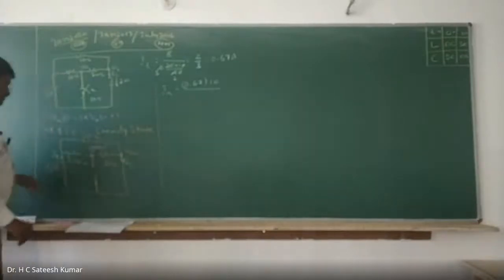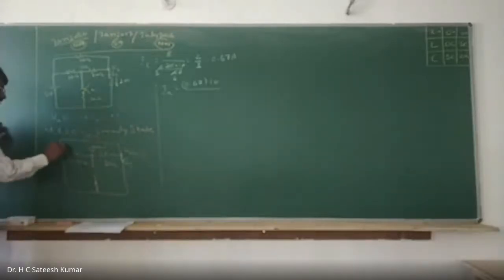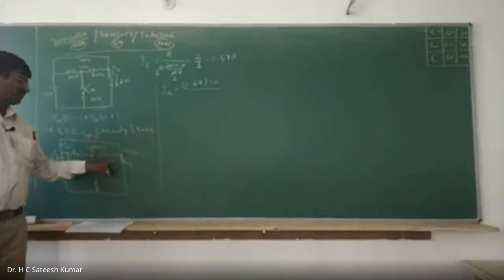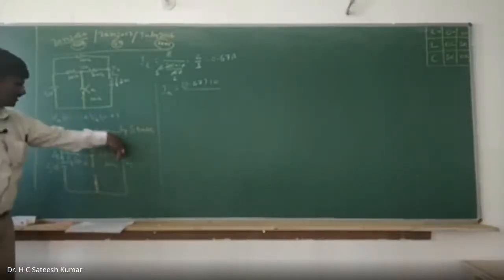IT will flow. Because this IA will come here and one more current will go. These two combined together, you will get I1, you can call it as I1 itself, and this you call it as I2. I1 and I2 combined together, you will get once again IT. So IT is coming, splitting, and once again IT will be flowing through that.